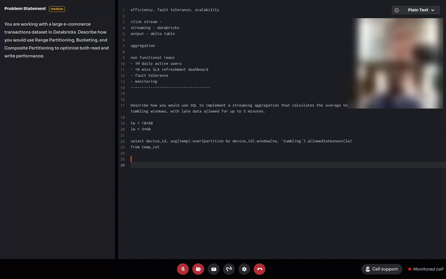Because you will have the transaction date. I think I would use, for example, let's say we are also tracking users' activity events. For them, we can use the event ID timestamp to store as range partitioning.